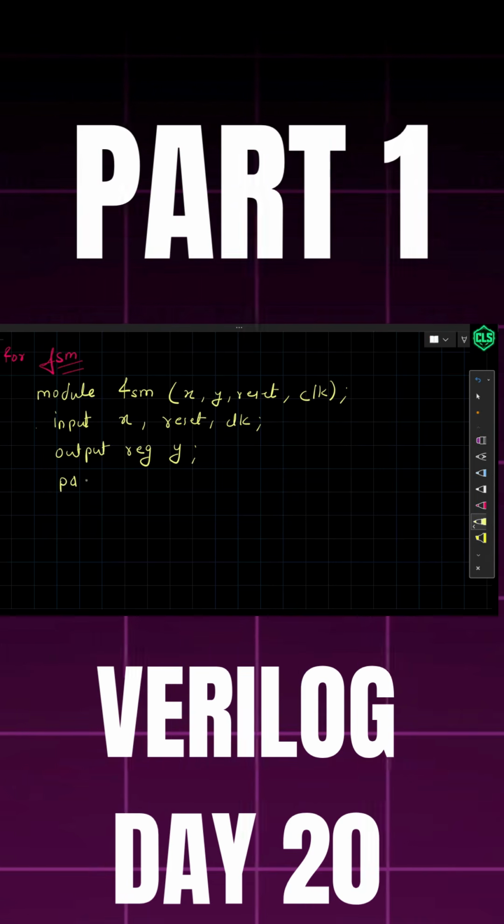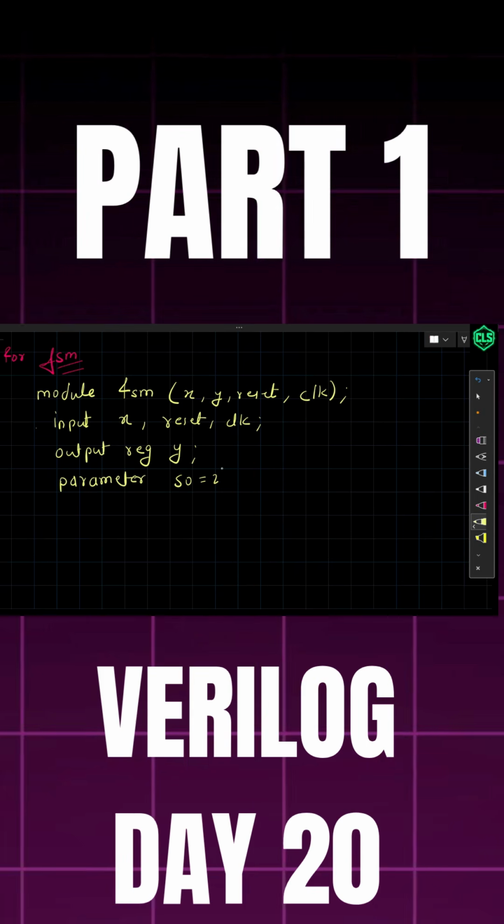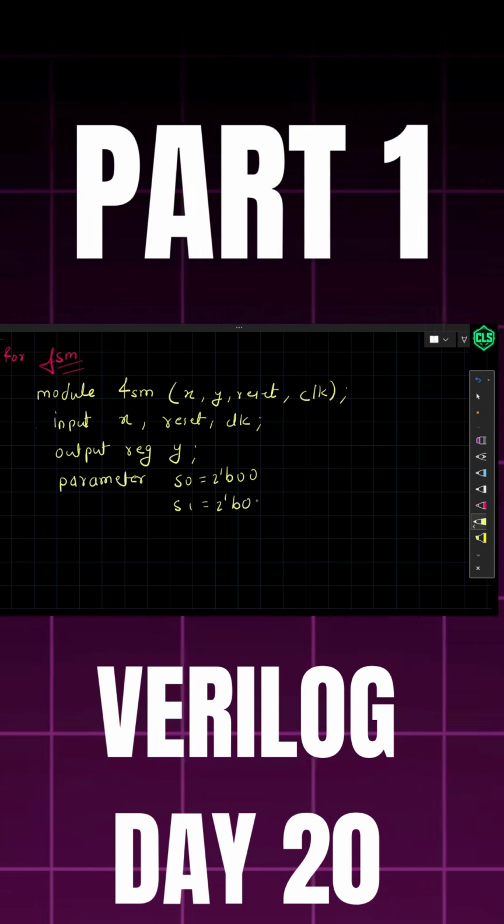Now one thing we need for writing FSM is parameter. As you can see, we have written S0, which will be numbered as 00, S1 which is numbered as 01,